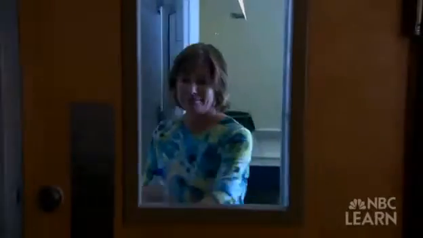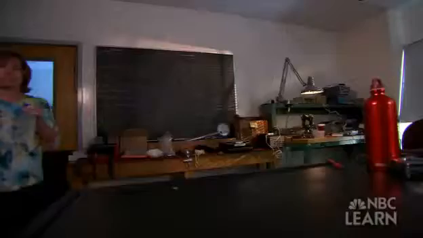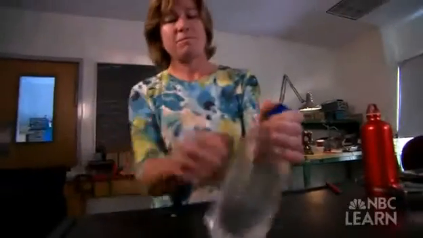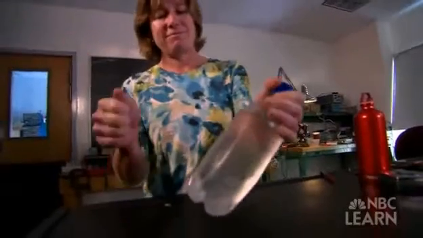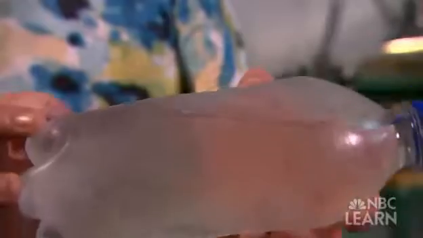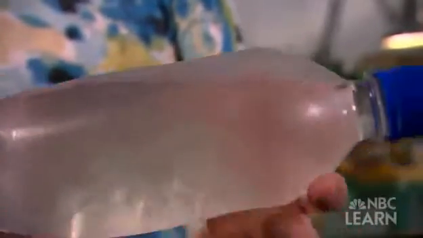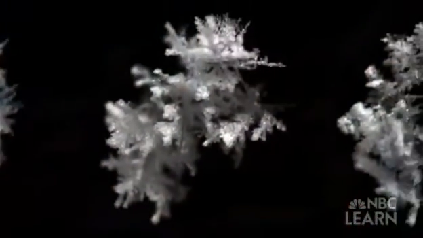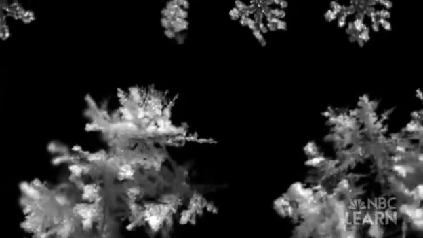Conrad demonstrates this process using a bottle of supercooled water, pure distilled liquid water that is below freezing temperature. It's pure distilled water, so it doesn't have any particles in it. Disturb it with a few good smacks and instant ice crystals. See the ice slush up at the top? The ice crystals that form in the clouds become snowflakes. As they accrete and freeze, they'll grow outwards in that pattern.